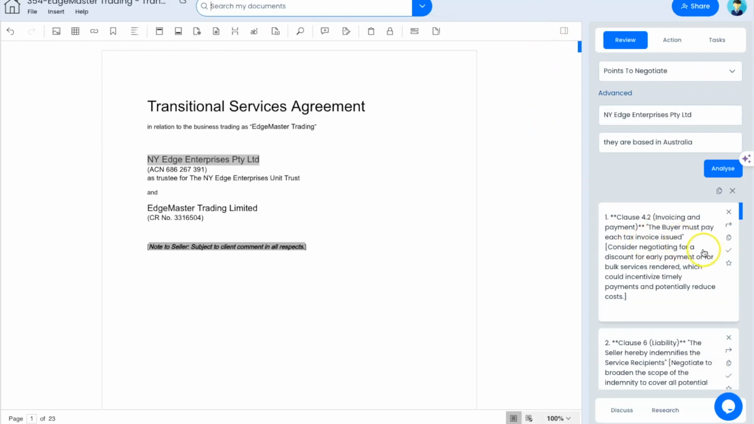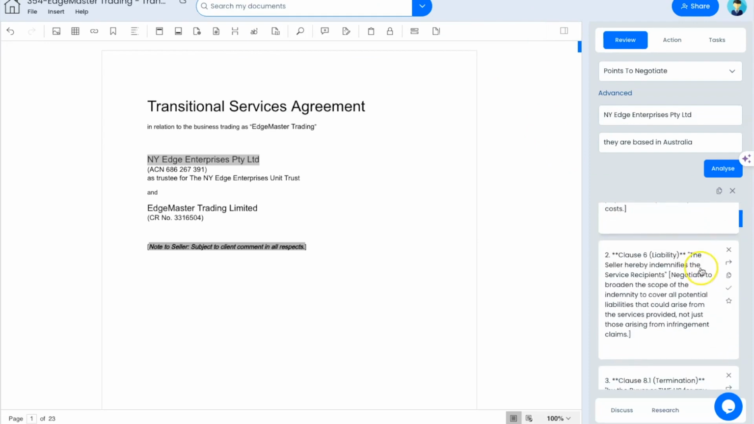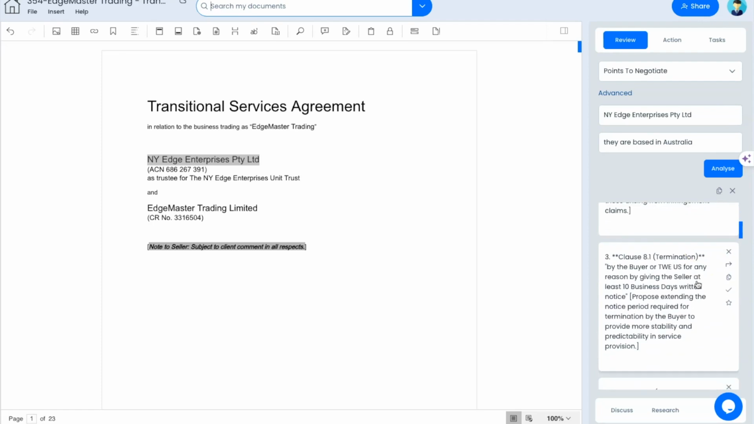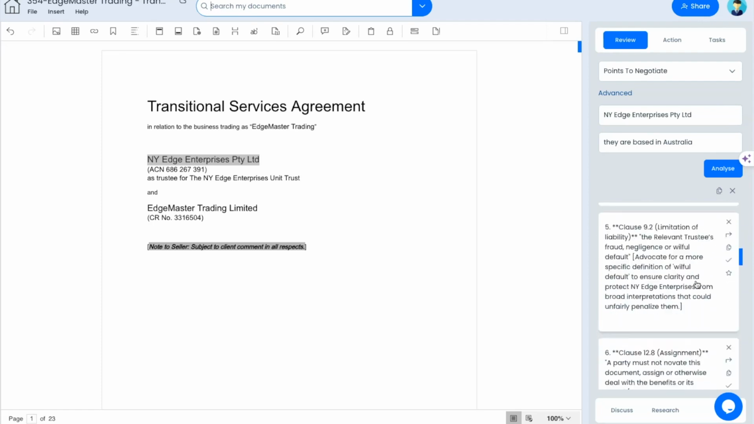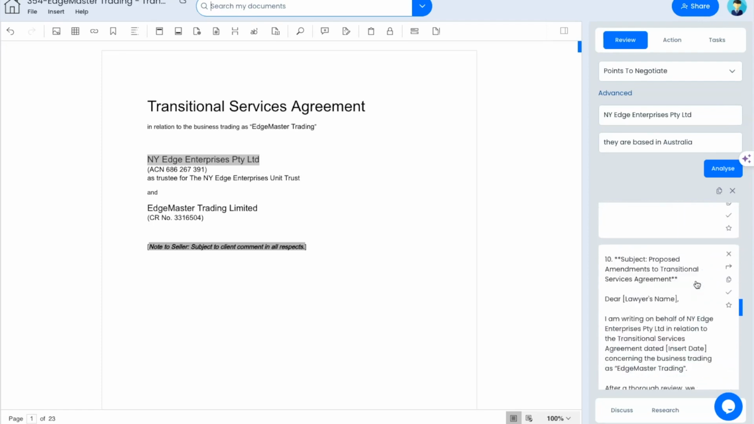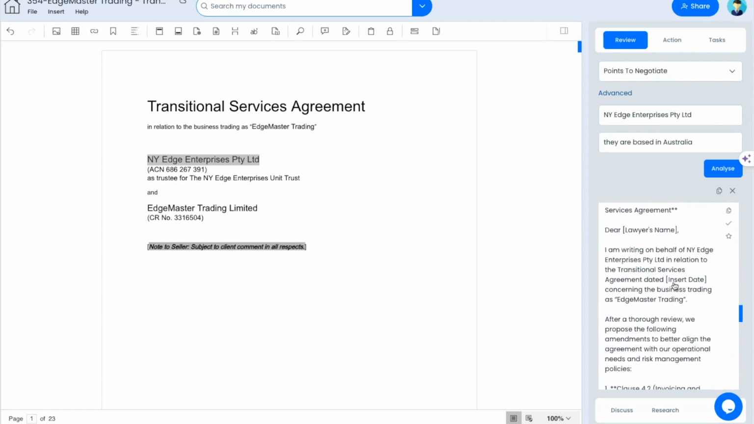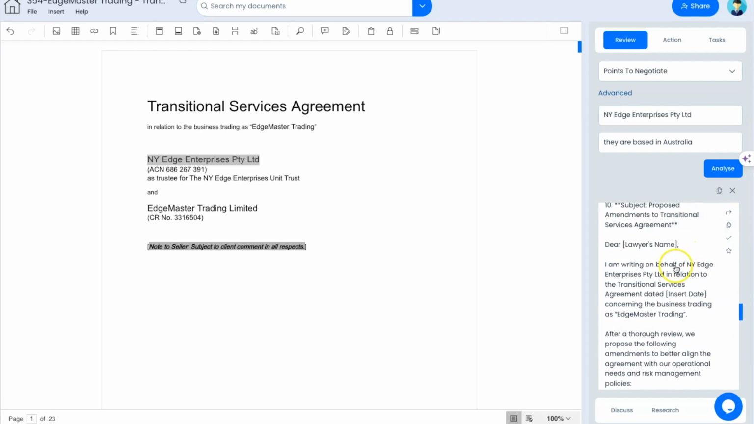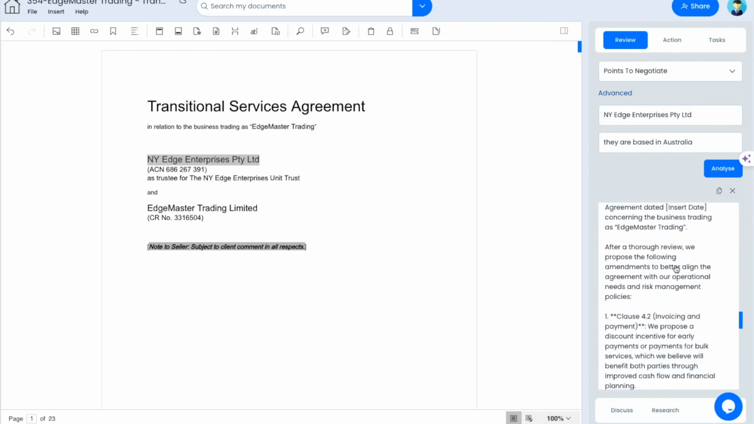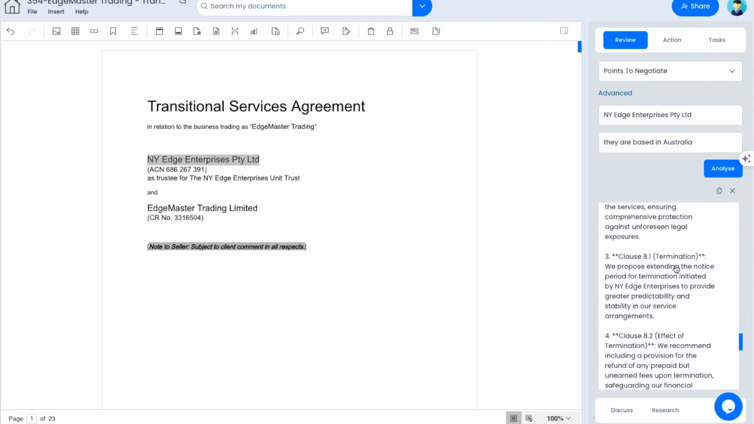Okay, so you can see that it's come back here. Buyer must pay each tax invoice issued. So you can see these here. I won't spend too much time reading through them all, but what I will say is that down the bottom here, it will also draft an email for you, which you can copy by clicking the copy and paste it in an email. It's gone through and it's come up with all the suggestions that we should negotiate on the